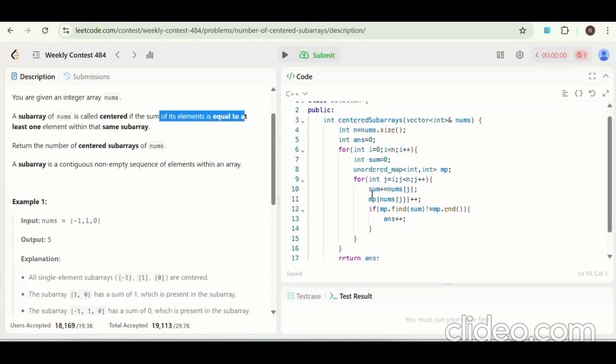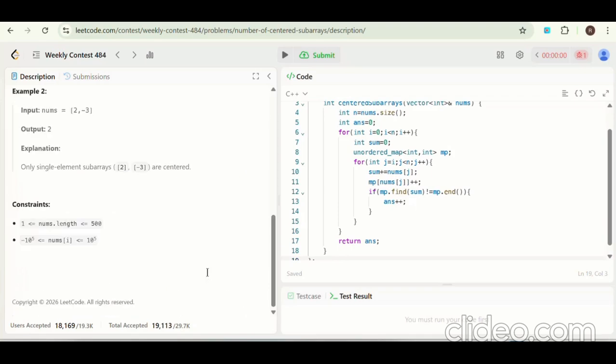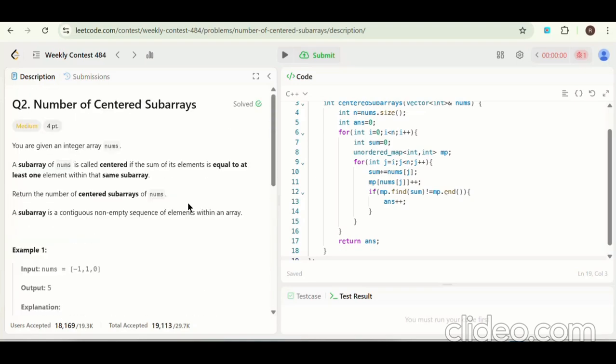in that subarray. So we'll see the constraint. The constraint is nums.length is from 1 to 500. So this constraint is also very small, so we can easily use n squared.